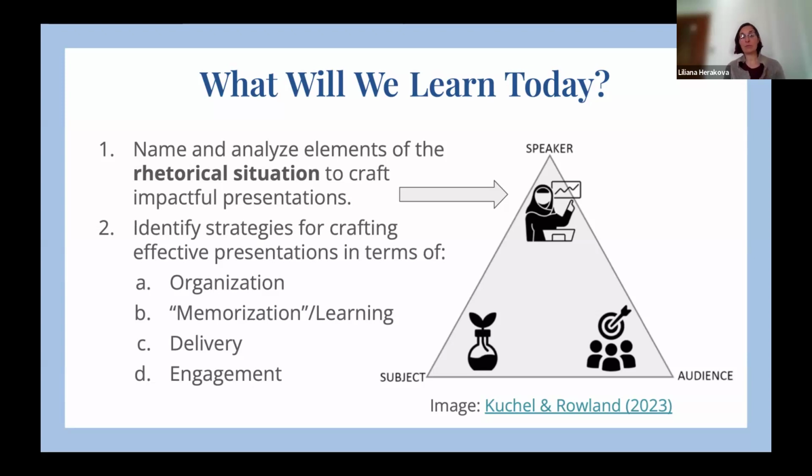So when we talk about the rhetorical situation, you see this little triangle on the slide here. It basically reminds us that meaning is not inherent in words. Meaning is made through interaction. And those interactions, in the public speaking context, are between speaker and audience, the audience and the subject matter or the presentation, and then the speaker and the presentation. So the sides of the triangle indicate those relationships. And when we prepare effective and impactful presentations, we're thinking about all three of those relationships.